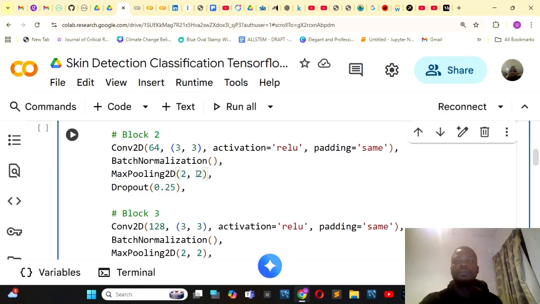Now, why is this important? It makes the model more efficient and focuses on the most important features, which you can say are the strongest activations. It focuses your model on something smaller rather than looking at the larger feature map. So